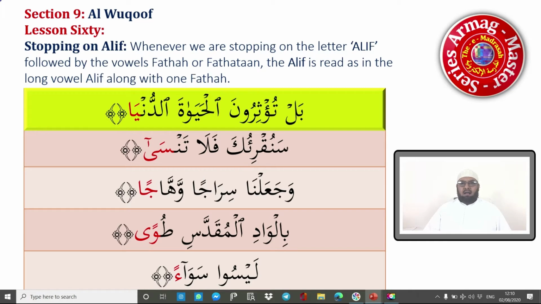For example, if ba gets an alif with a fatha, it will be ba. Okay? So let's analyze the examples to see that a bit clearer. In example number 1, we have a ya and the alif comes at the end. Also, we have fatha before it. And we said that if we are going to stop on the alif, we will recite it as the long vowel alif. So if we recite this as the long vowel alif, it will be ya. Okay? We do not put any sukoon on it.